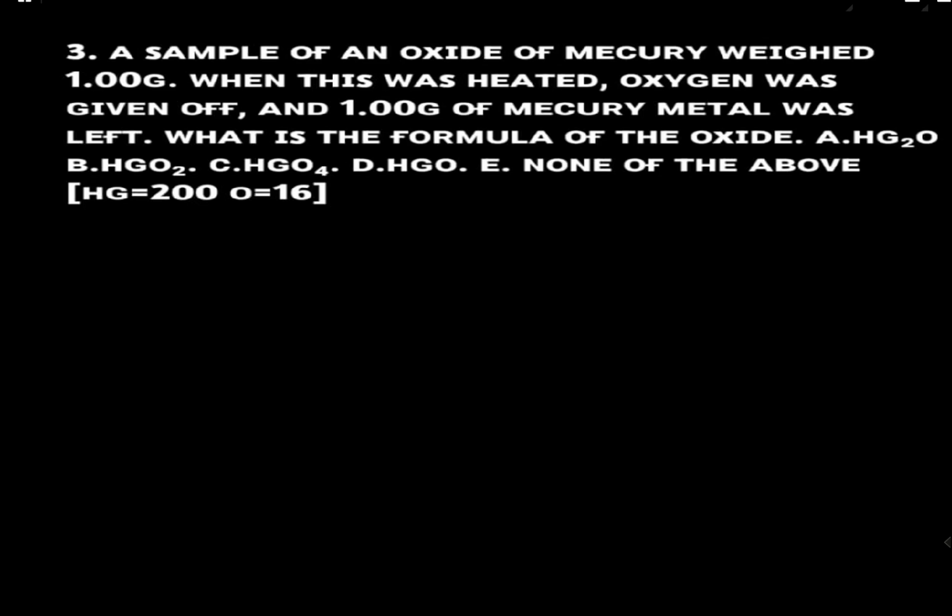A sample of an oxide of mercury weighed. An oxide of mercury, meaning it should be, mercury is the symbol Hg, and since they are talking about oxide, it's supposed to be HgO. So this is how the chemical formula of an oxide of mercury should look. When this was heated, the oxide of mercury weighed